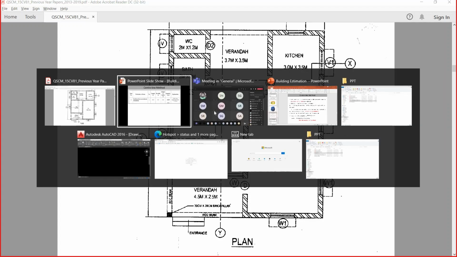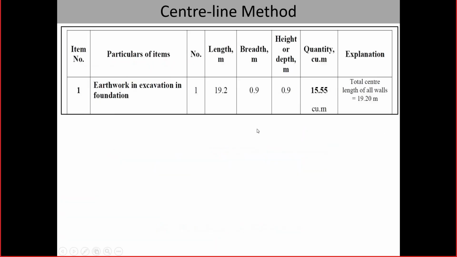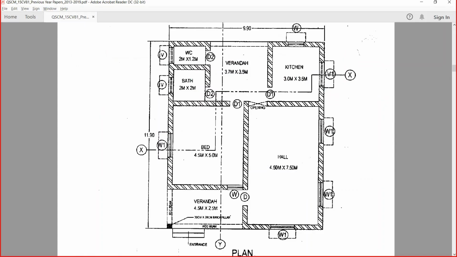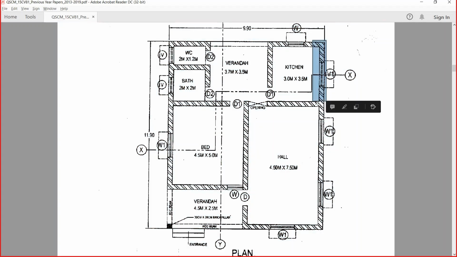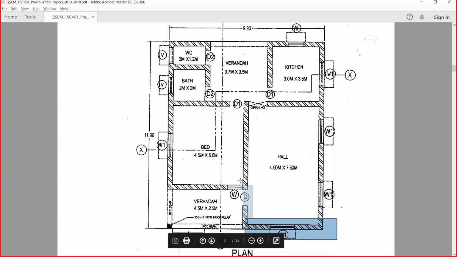So that is what I was saying: when we look at the centerline method, this is not the case because we have just termed the number as 1. What is this 1? I'll calculate everything as one single length. What is this width? 3 meter plus 3.5 meter, plus 7.5 plus 4.5 plus this width.